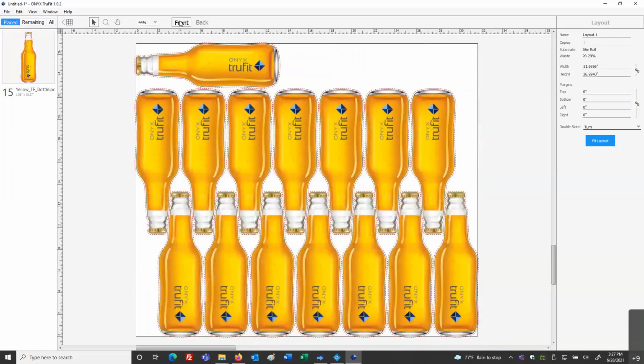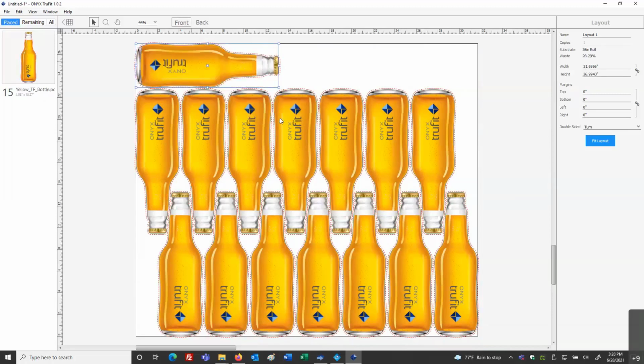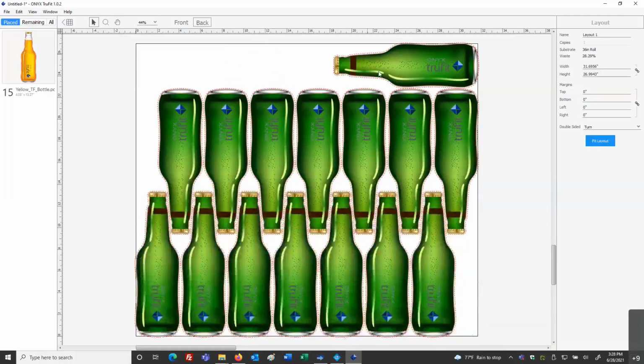Another thing is if there should be a need for some type of edit, maybe this one bottle here, you can see how I can select the one element. I could right click and I can do some very specific commands. Like I can say I want to rotate 180. When I do that, the front is going to affect the back. So the back will also rotate 180.